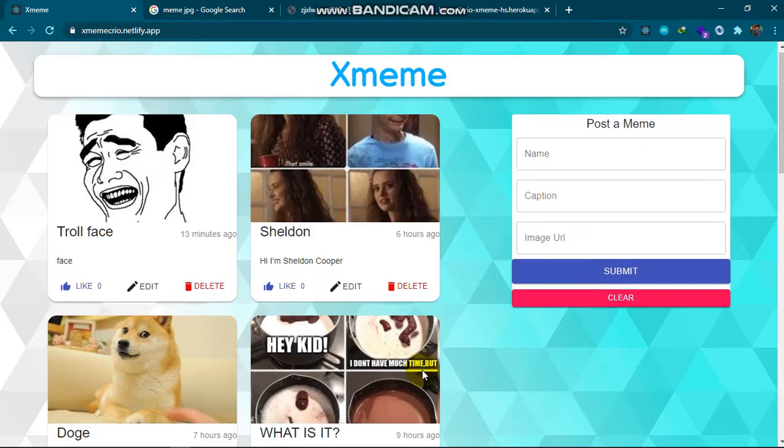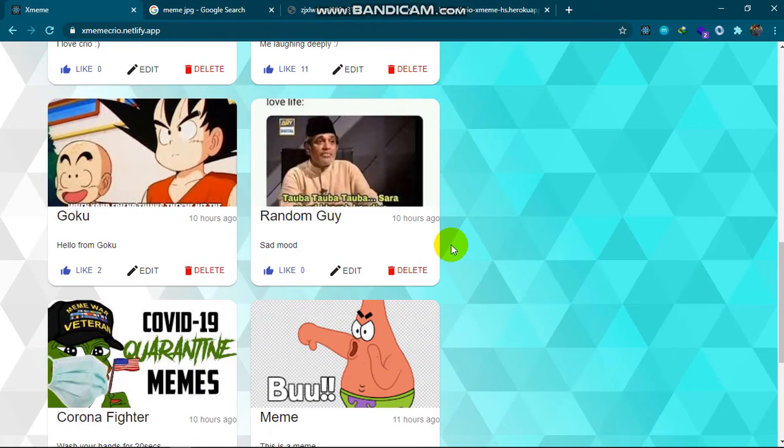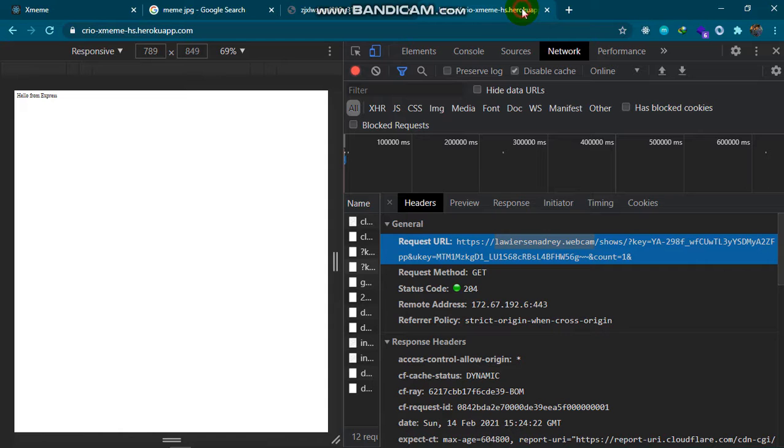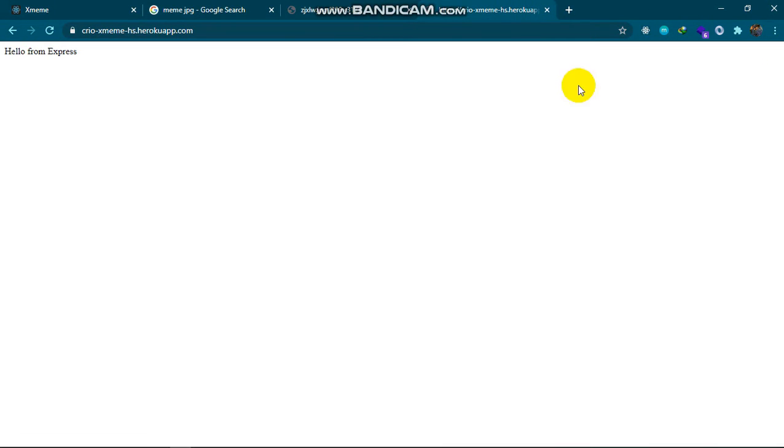So the front end of this project has been deployed to Netlify and the back end has been deployed to Heroku. As you can see, this is the backend, Cryo XMeme HS Heroku backend.